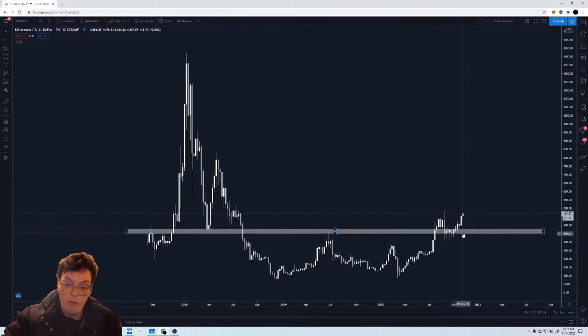There was weeks and weeks we spent holding this level. There's a lot of capital that was deployed. And that's why it's considered support, because there were a lot of people that bought there. And so if it breaks below that again, it's probably a lot of people are going to sell because they're going to be underwater now. But the fact that there was so much buying here and so much capital,